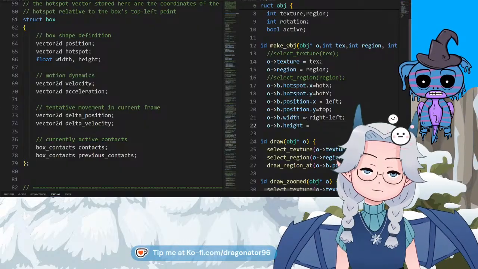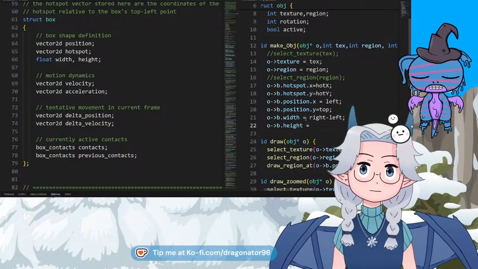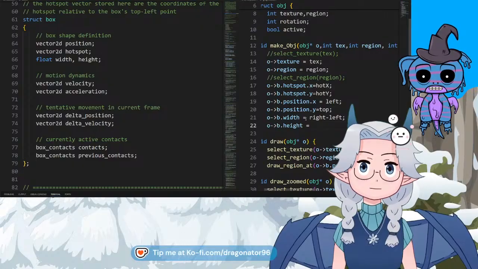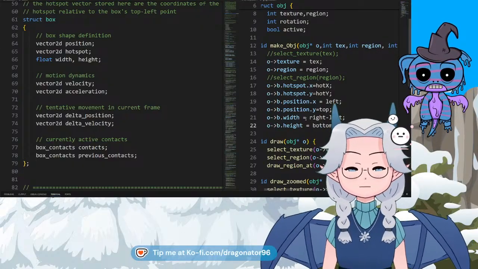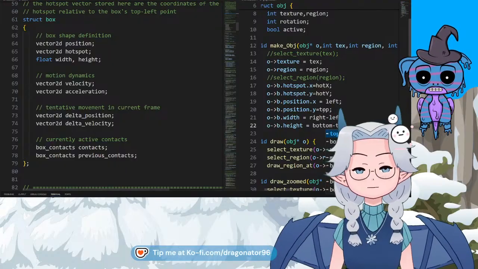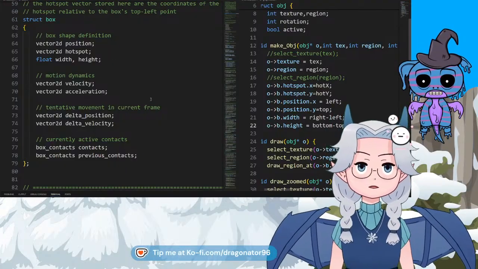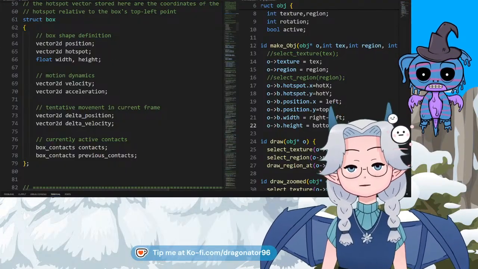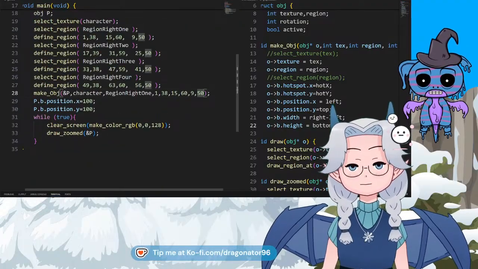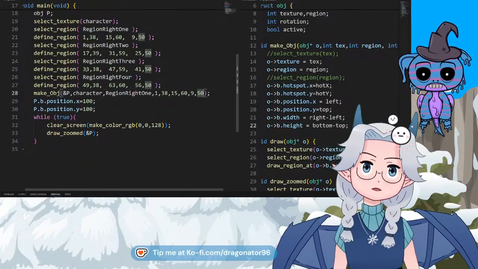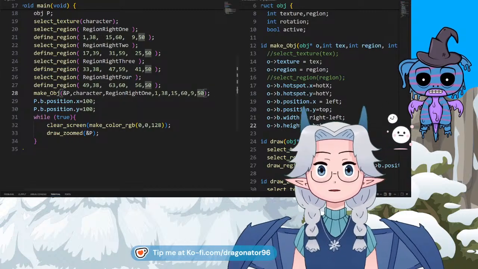Is it top minus... Bottom minus top, I think. I think it's bottom minus top. Let me look at it. Yeah, I think so. I think so. Because if I go